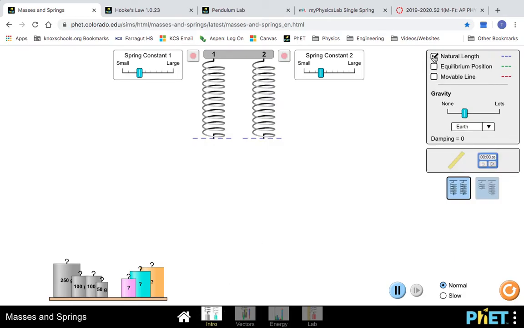Natural length. This is if you were to hang, now these are springs just hung from the ceiling or whatever, this is where they would be after you got them to stop oscillating. Gravity's going to stretch them out a little bit, not a whole lot, but enough that we have a natural length there. And then equilibrium position. Right now, that's the same. But if I take this 100-gram weight and put it on there, now that equilibrium position changes,